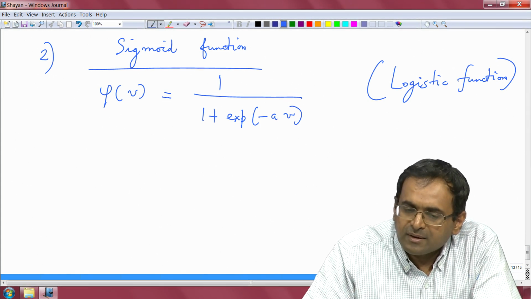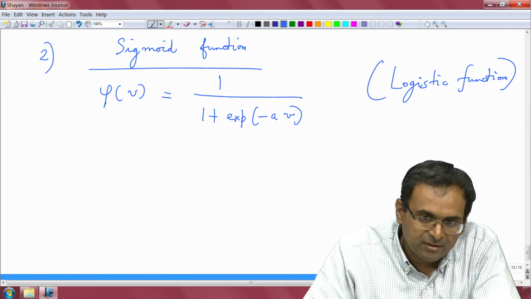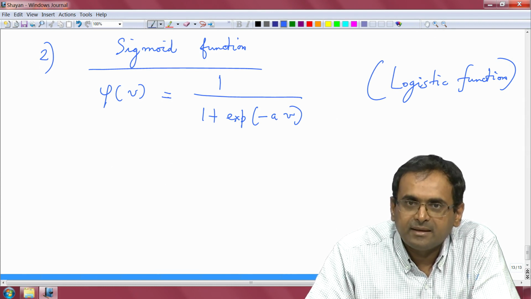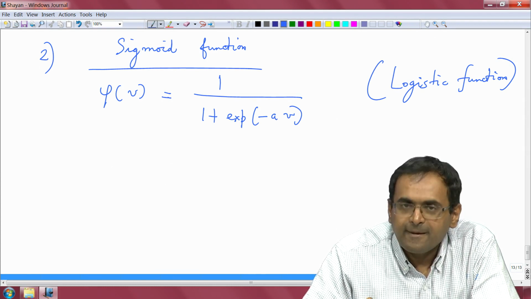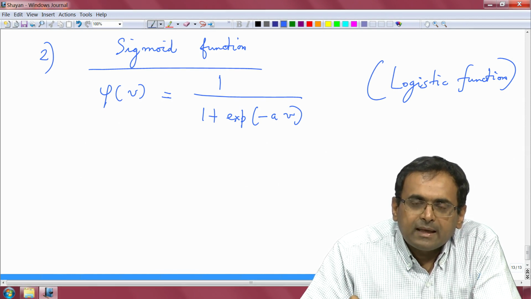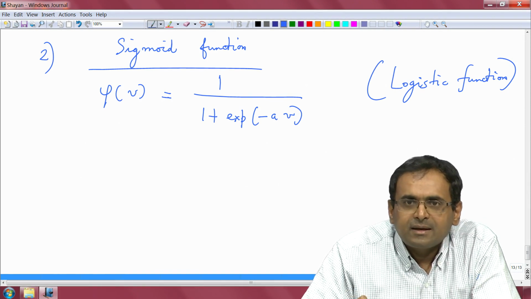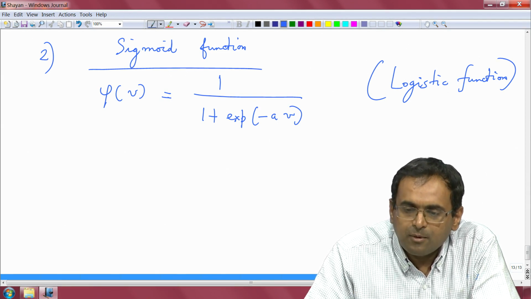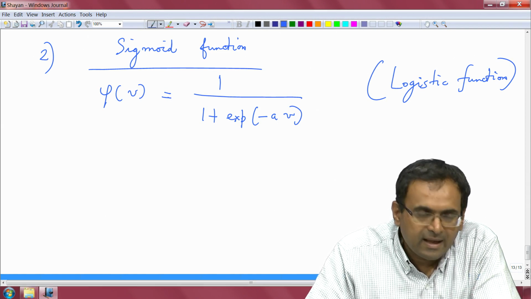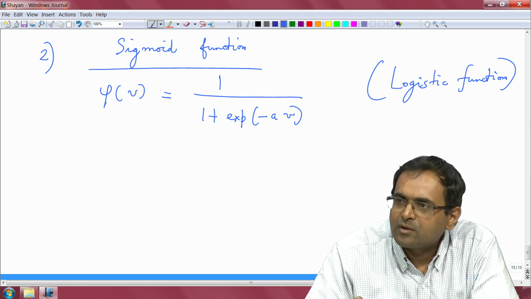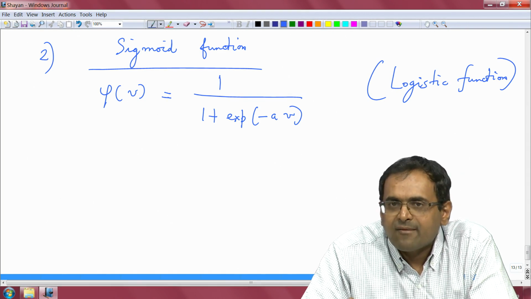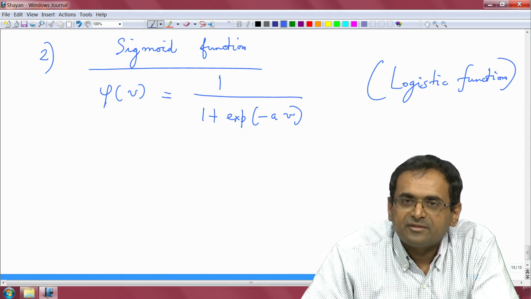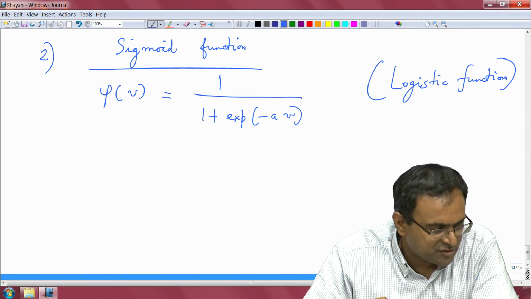I would leave this as an exercise to plot this sigmoid function. You can think about why we have this formulation rather than the threshold function. The threshold function is not differentiable at the origin, it is discontinuous, whereas the sigmoid function is a smooth function and it is differentiable at the origin. If you were to derive learning rules where you have to take the derivative of the activation function, then we have to endow it with certain properties, and that is the reason why we can choose this function.